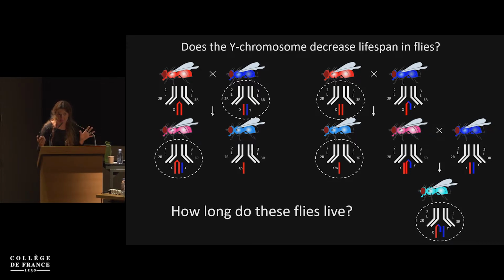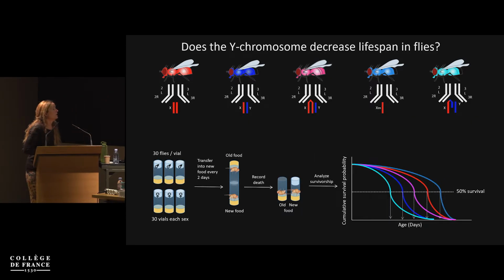So in Drosophila, sex is purely determined by the number of X chromosomes. The Y chromosome doesn't have a sex-determining role. So X-nought males, so to say, are males. And we can also make males that have two Y chromosomes. So here we can vary the number of Y chromosomes independently of sex. We can put a Y chromosome in a female, and we can have 0, 1, 2 Y chromosomes in males. And then we just measure longevity of those different flies.